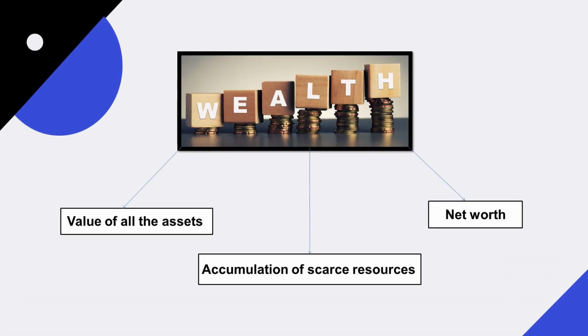We now move on to our next subtopic, wealth. Wealth is the abundance of valuable financial assets or physical possessions, which can be converted into a form that can be used for transactions. Wealth is the accumulation of scarce resources. Specific people, organizations, and nations are said to be wealthy when they are able to accumulate many valuable resources or goods. Net worth is the most common measure of wealth. It is the current value of one's assets less liabilities.